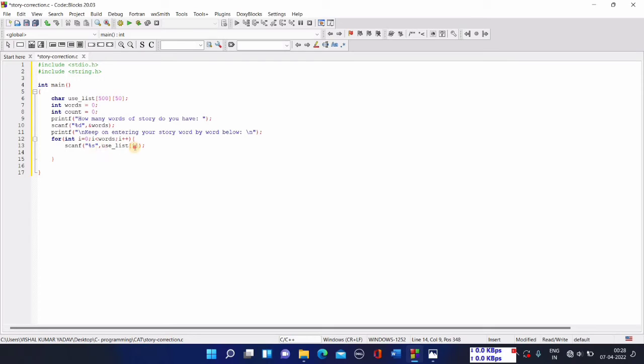So the word is stored inside this list, inside this array at index i. Now after doing this, parallelly I'll also be checking whether the word entered by the user is equal to Debic or not. If that is the case, then I'll be doing the necessary things. So see, what I'll be writing over here is if